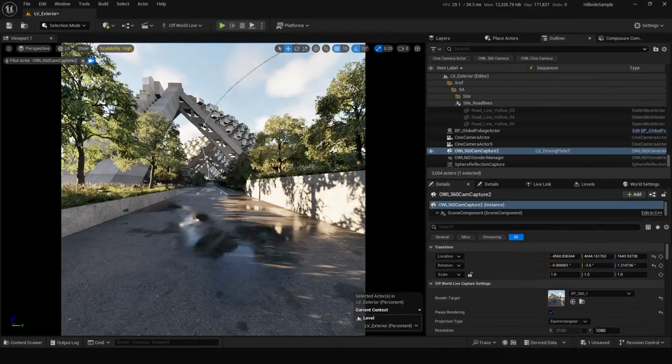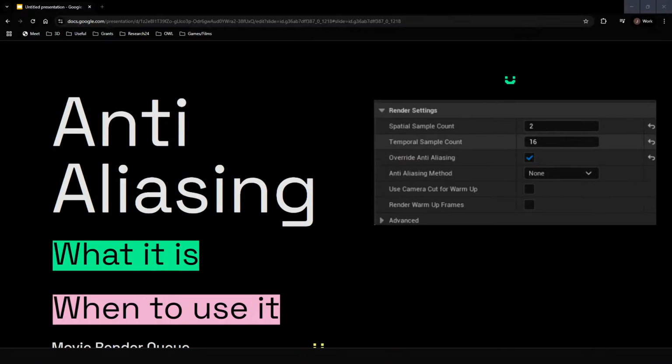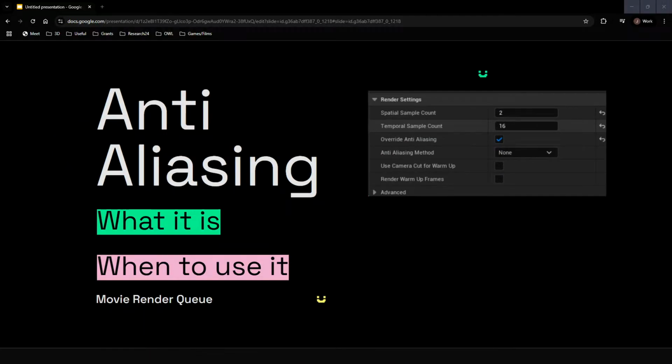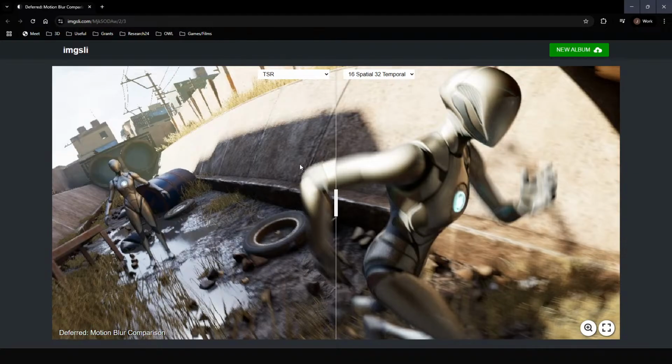Yeah, 5.6 is great. So in terms of anti-aliasing, this kind of goes alongside the motion blur points. Here's a little example of how I've got on quite well with spatial and temporal samples, as opposed to just temporal super resolution. If we zoom in on this kind of image comparison,